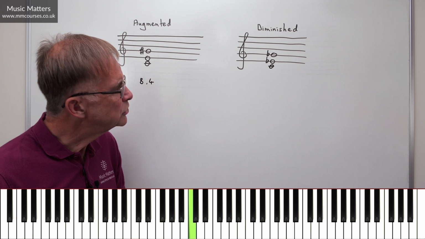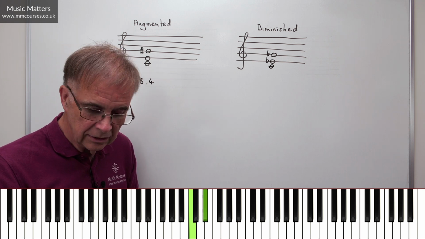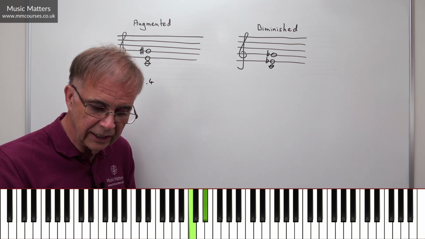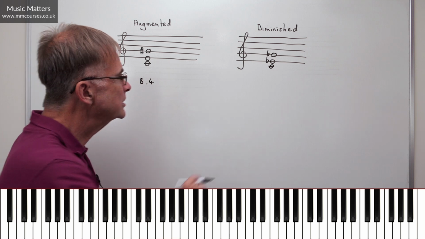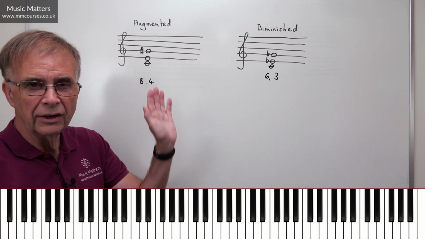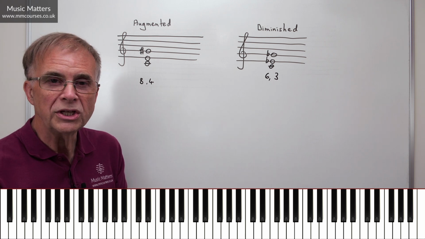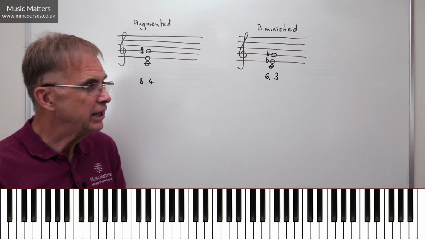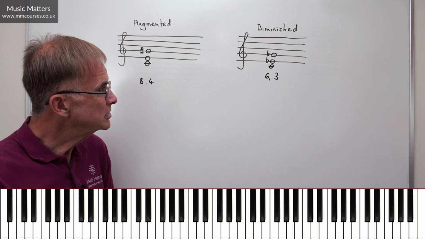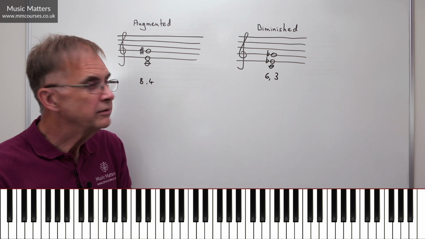What does that work out to in terms of semitones or half steps? Well, there's the C. 1, 2, 3, 4, 5, 6. So 1, 2, 3 for the E flat, 4, 5, 6. So that gives me a 6 and a 3. So if you want to go straight there without having to think in keys and all the rest of it, if you've got a root note on which you want to build an augmented or a diminished triad, simply count 8 and 4 half steps or semitones for an augmented, or count 6 and 3 semitones or half steps for a diminished.